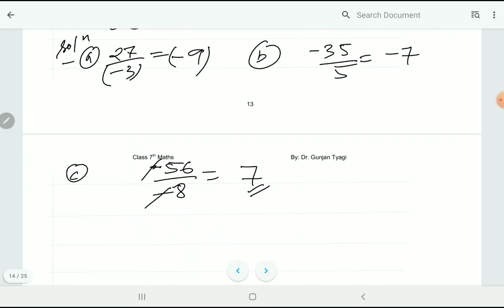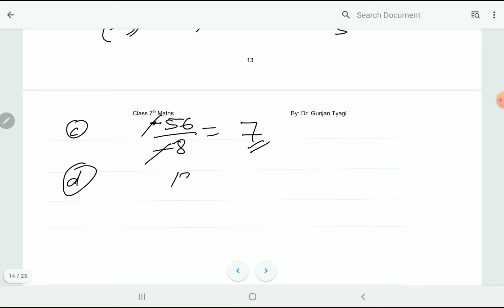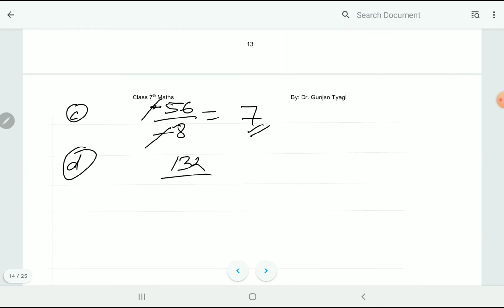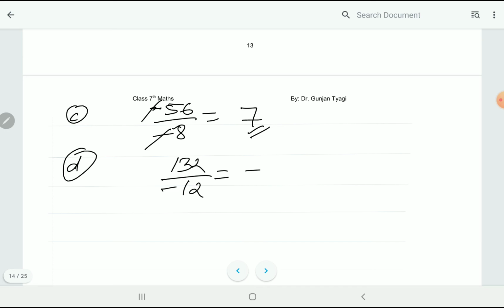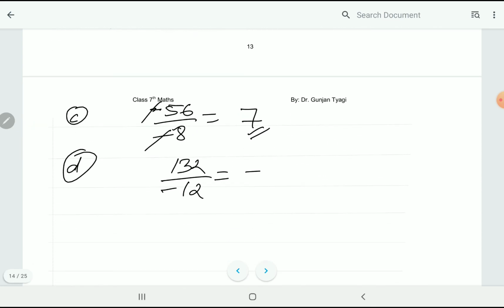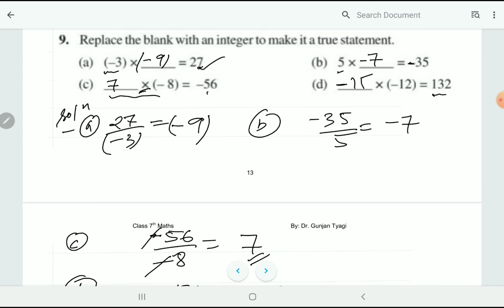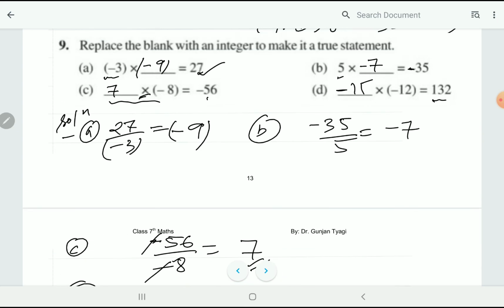Let's do the next and last part of the question. Again I will have to find one integer while their product is given. So I will divide the product by the given integer, that is -12. Again the answer will be negative because the answer is positive, that's why the integer must be negative, because one integer is already negative here. So I will have to write a negative integer here. Minus minus plus होगा. 132 divided by 12 is 11. So -11 is the answer. So this is the way to find the second integer.